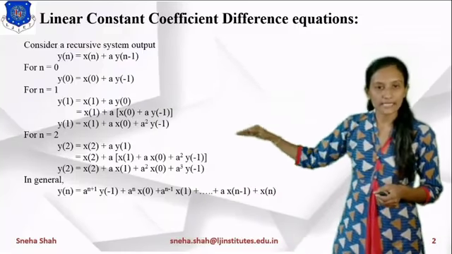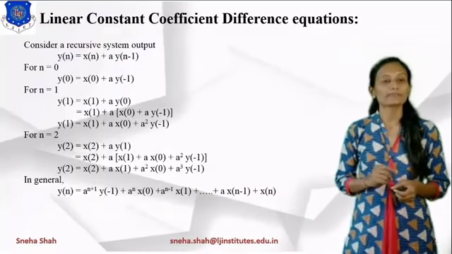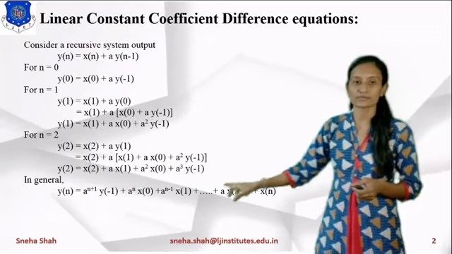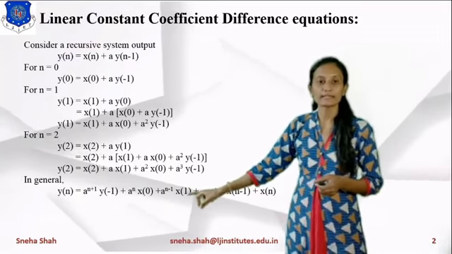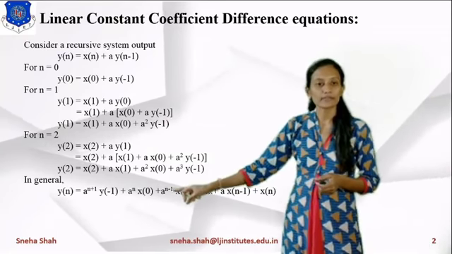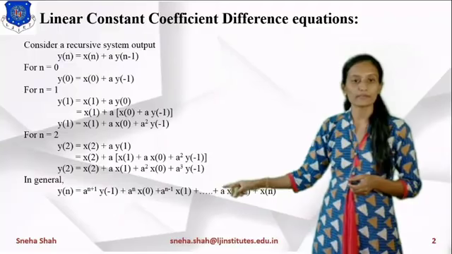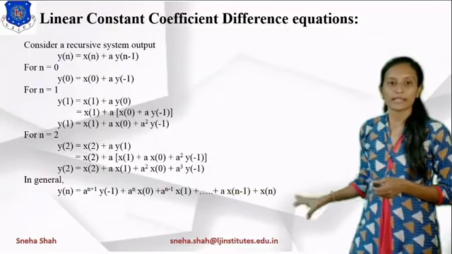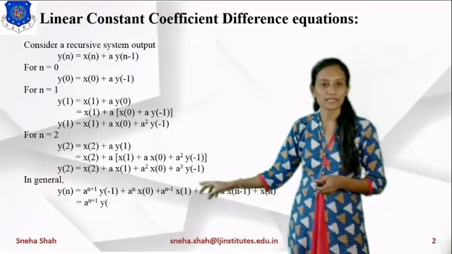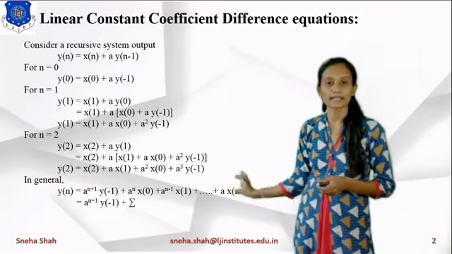So in each and every term, the value of the multiplicative constant factor will be a raised to n plus 1 when we take the value of y of minus 1. So this equation will be represented as y of n equals a raised to n plus 1 times y of minus 1, up to this. Now this equation will be represented as a raised to n plus 1 y of minus 1,